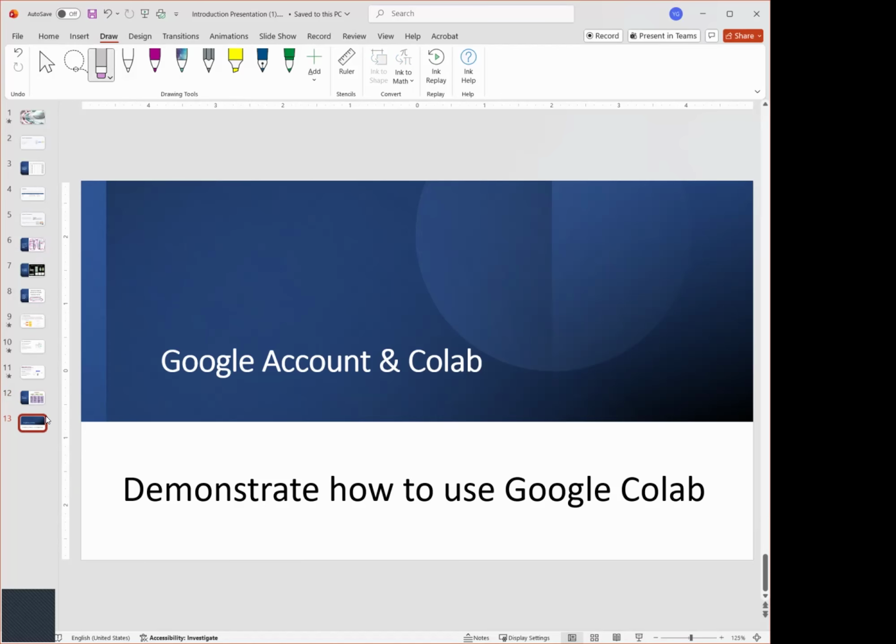Now, to end this lesson, we are going to be using Google Colab to do some programming. Don't stress out, because I actually gave you the answers. For the programming problems that you'll be using in the future, I literally give you the problems, and all you need to do is copy what I give you. You're going to be using Google Colab to copy what I give you.